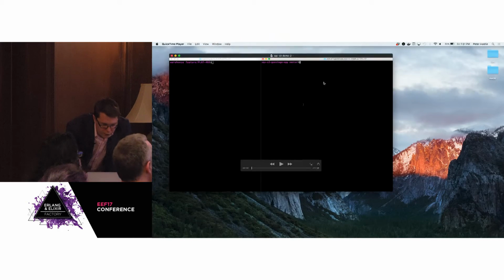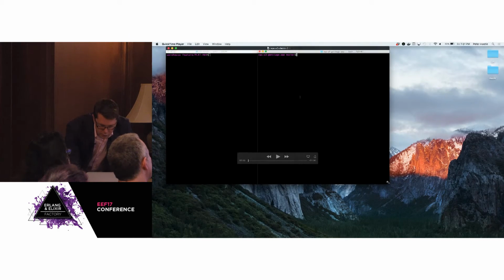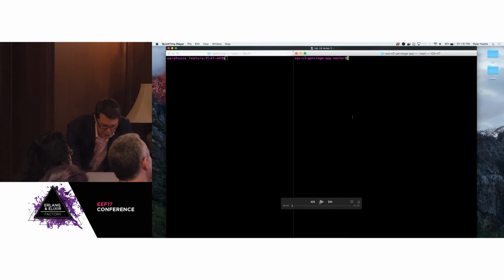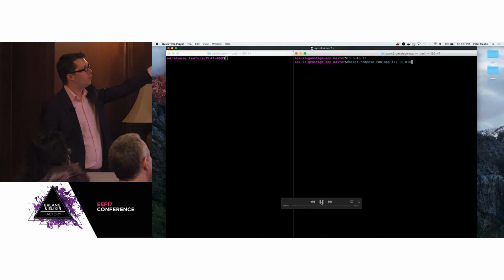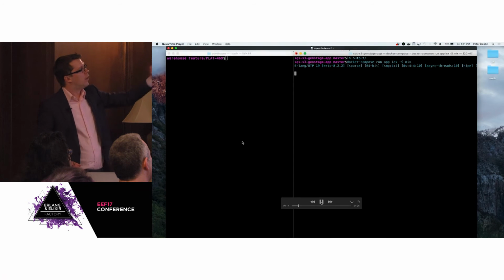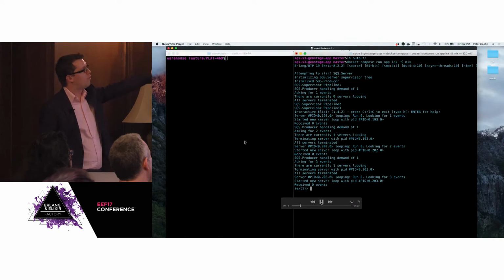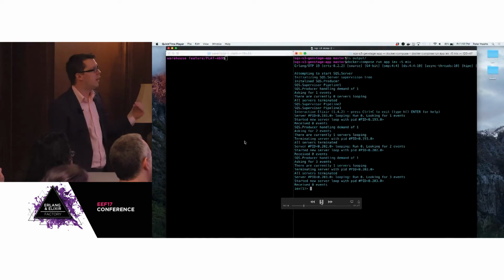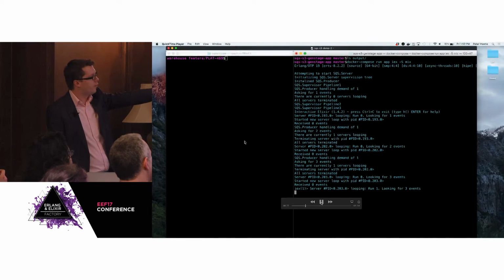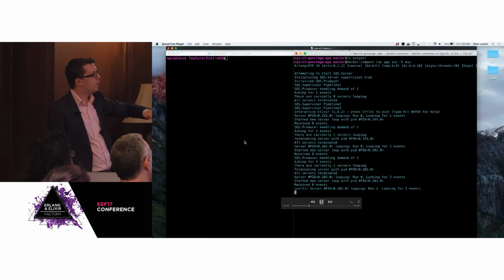So I have a video of this in action. It's not the most fascinating thing, but basically I have no files in my output folder yet, so there's nothing up my sleeve at this point. Run the application, so it sets up all of the stages. There's a lot of logging in it, just because I was trying to see the order that things happen. And now the server is starting to loop. It's looking for 3 events because it has 3 downstream consumers. It'll just keep doing this every 5 seconds. There are no events right now.